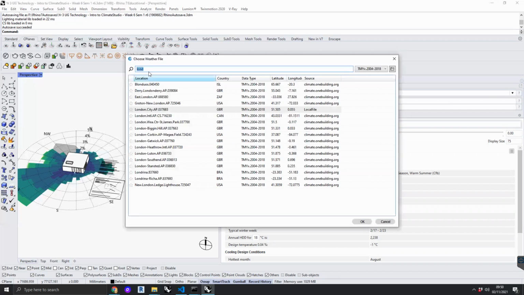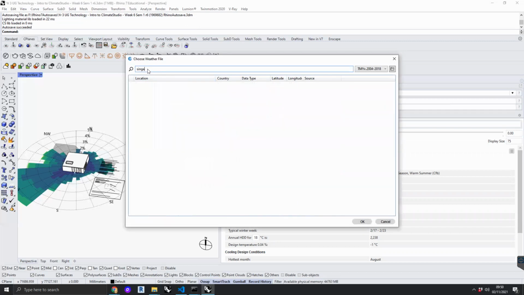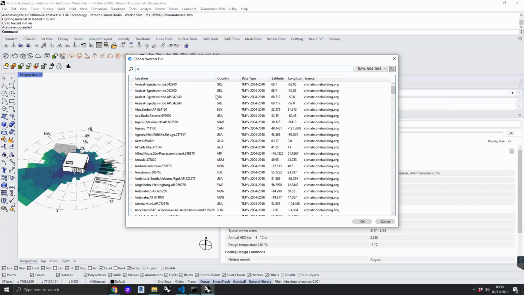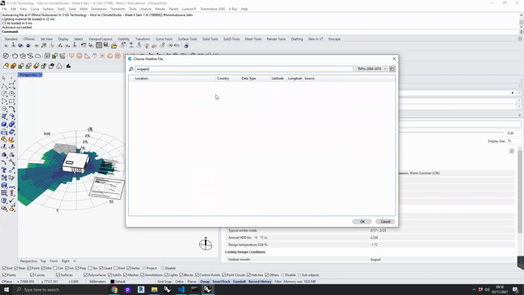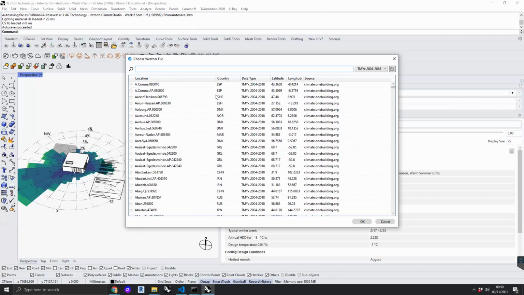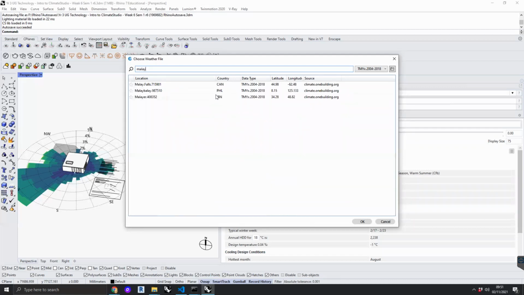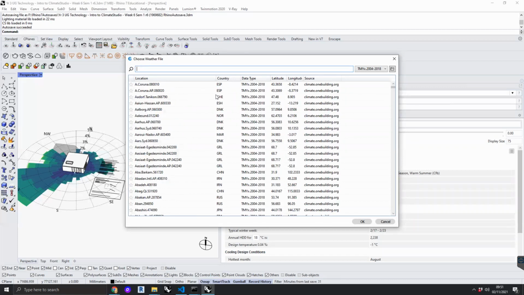Let's say, Singapore. Singapore? Have I typed that wrong? Singapore. Oh, maybe they don't have any data for Singapore. That seems sad. Let's find a tropical location. Anyone? Malaysia. Capital of Malaysia is